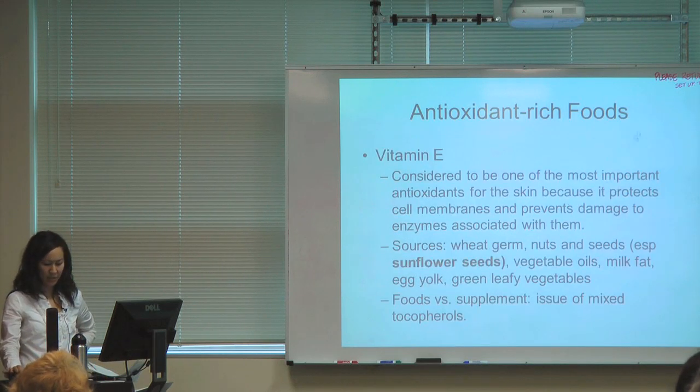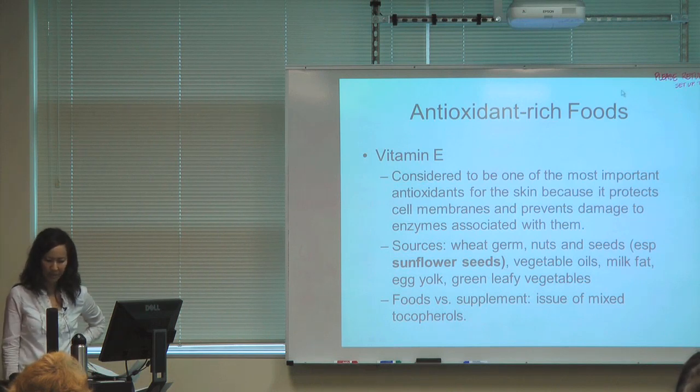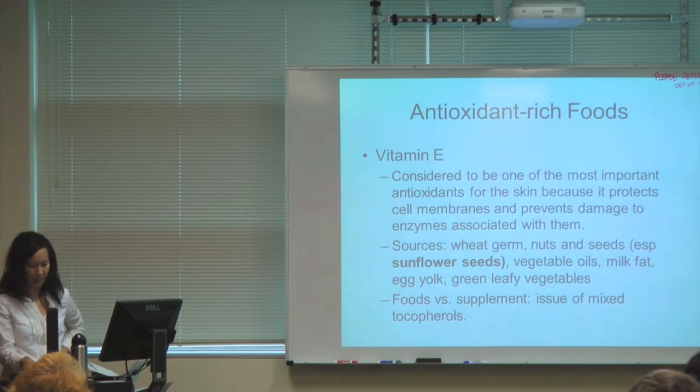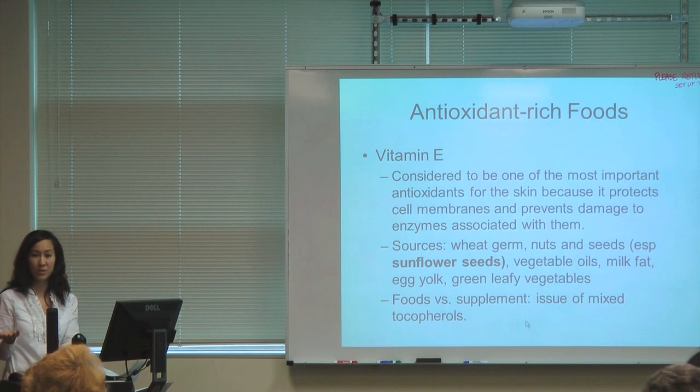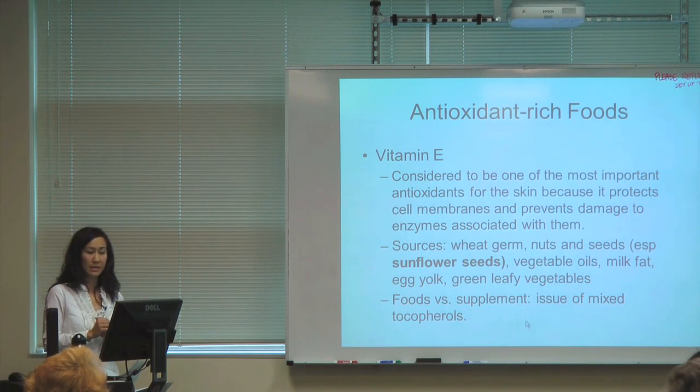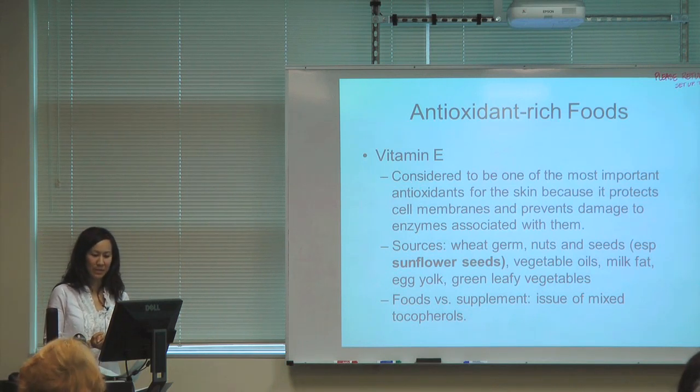Vitamin E. It's considered to be one of the most important antioxidants because it protects the cell membrane and prevents damage to the enzymes within that. One of the issues is food versus supplements. It's so easy just to go buy vitamin E from Costco or something. But